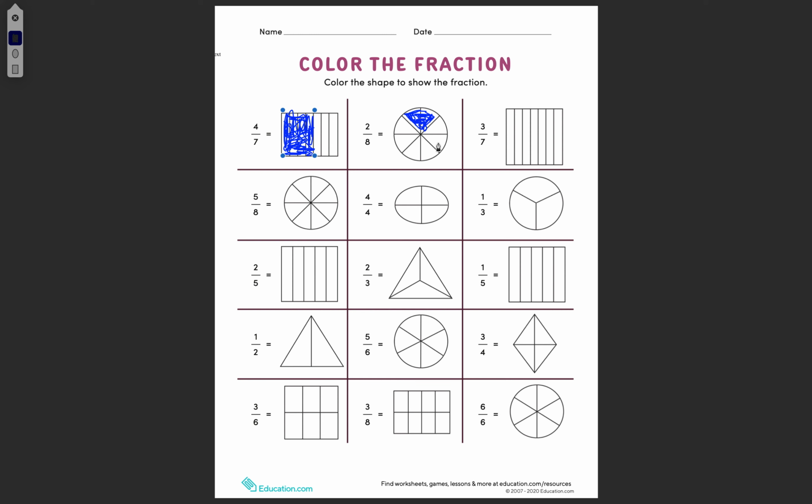So it's just 2 out of the 8 spots. So if you have 2 slices of pizza and a whole pizza is 8, we need to select 2 of these. The next one is 3/7, so we're going to shade